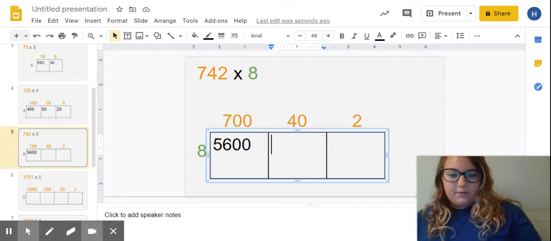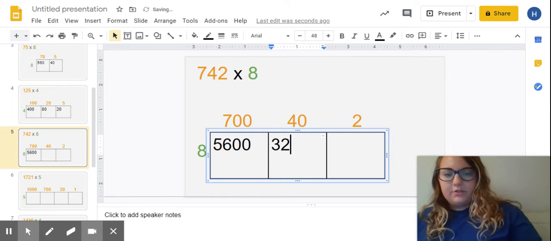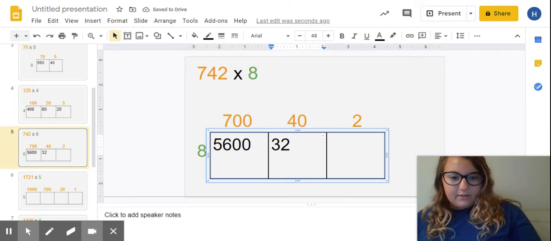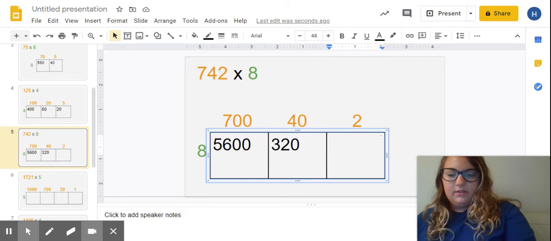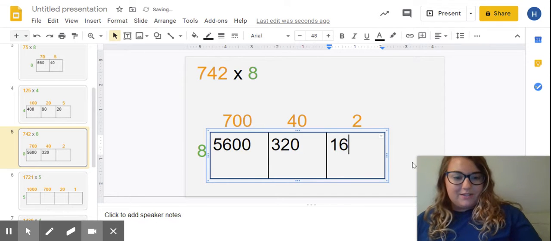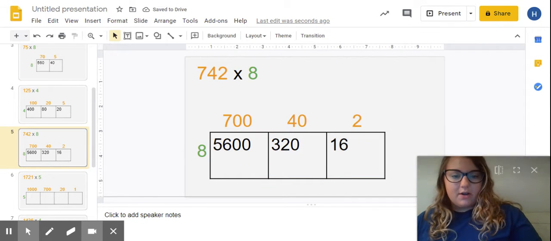8 times 40, I know that 8 times 4 is 32, but I have a 0 in my ones place, which means I also need 0 in my ones place here. So I have 320. And finally, 8 times 2 equals 16. So I have my area model completed,